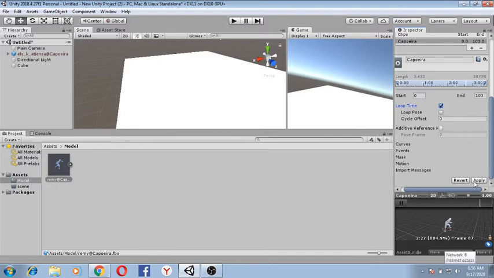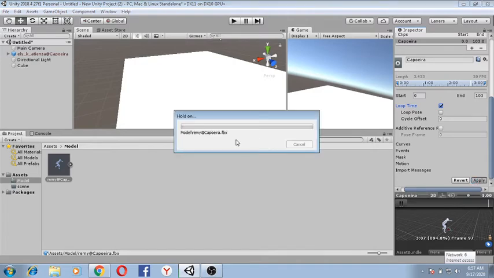You need to apply the changes there. The changes are going to get applied very soon, and after this I am going to tell you how you can extract texture from a particular character. For that we will be using the materials option for extracting the texture.